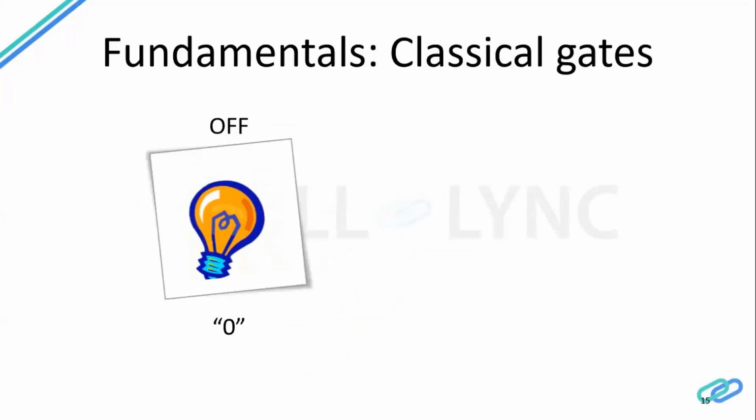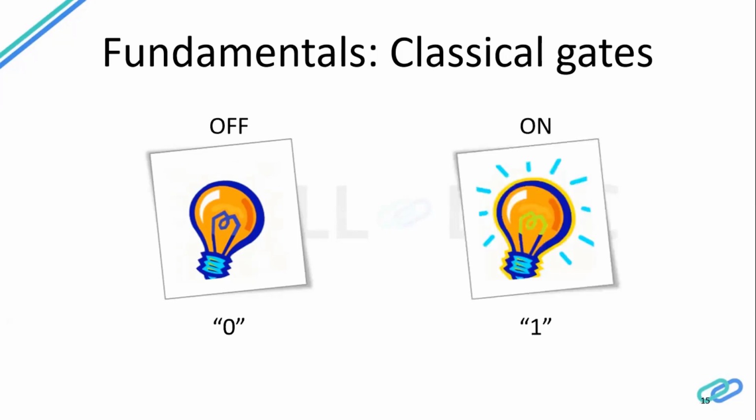Before storing that, I'll show you how a classical bit works. In a classical computer, when there is power going inside a chip, I will call it 1. When the power is not there, I will call it 0. When there is power, it is 1 or the on state. When the power is not there, I can call it 0 or the off state. What makes the change in the power going in and getting out, or what changes a bit from 0 to 1 or 1 to 0?